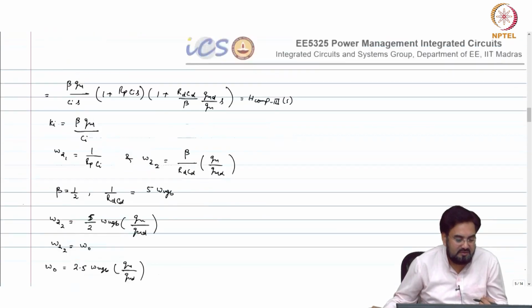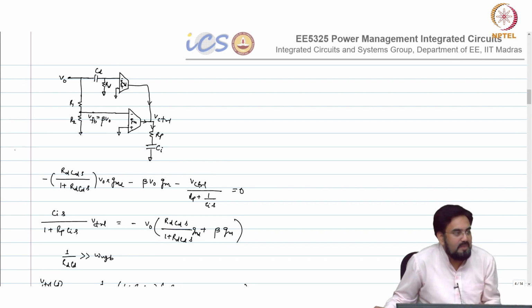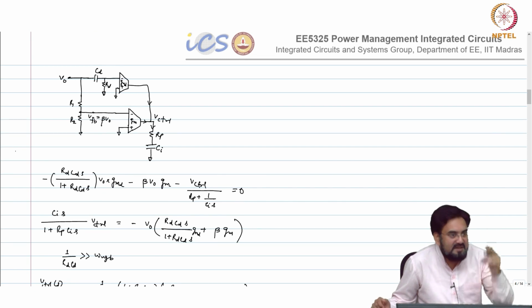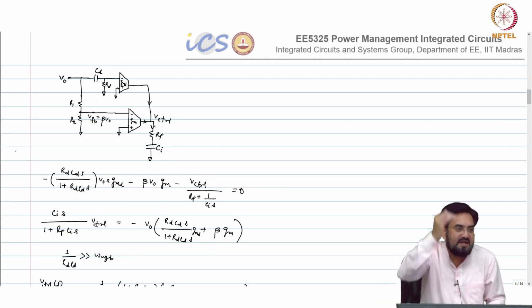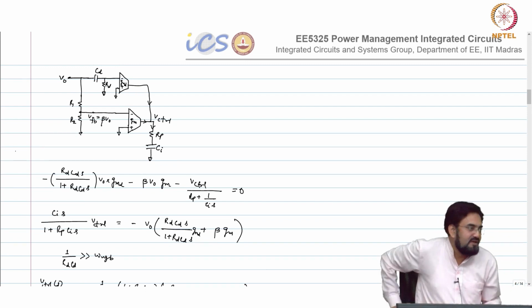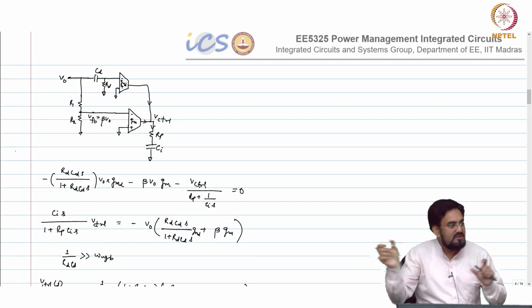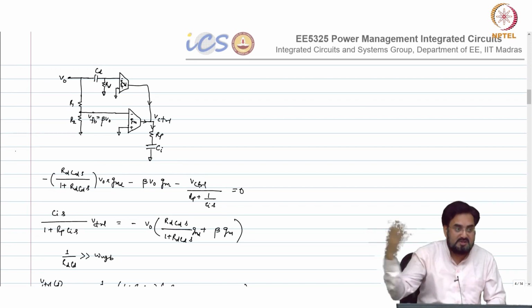And first 0 I know it is coming from 1 over RPCI. So, if I change RP, then 0 will change, but it will change my proportional gain also. But proportional gain is what? GM into RP. So, if I increase the RP, I can reduce the GM proportionally. So, that product will remain same. So, it will not affect my loop gain. So, now both the zeros you can tune independently here. That is the advantage with this, which is not possible in case of op amp.